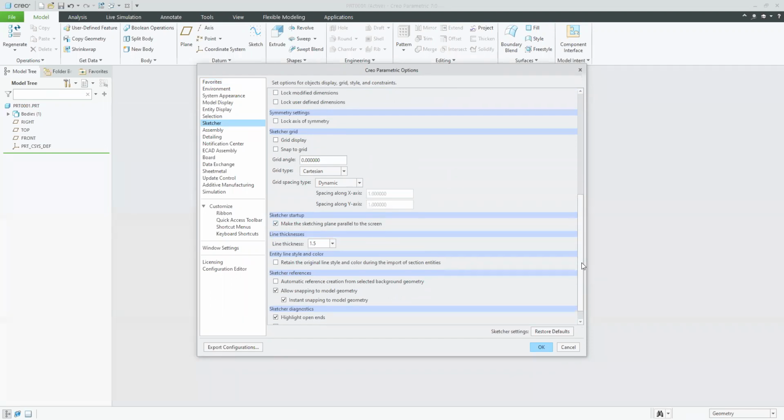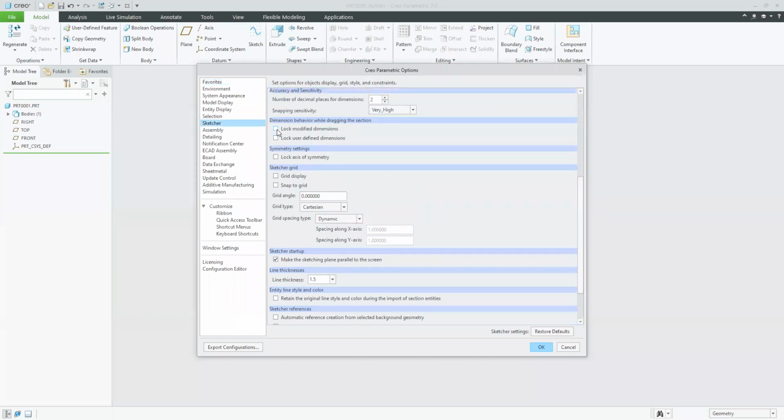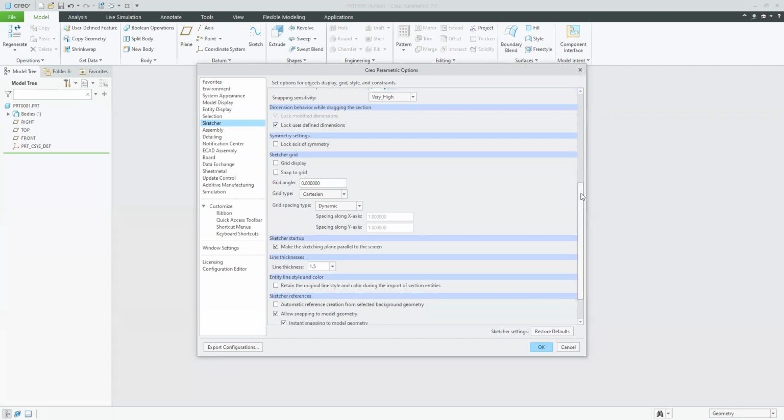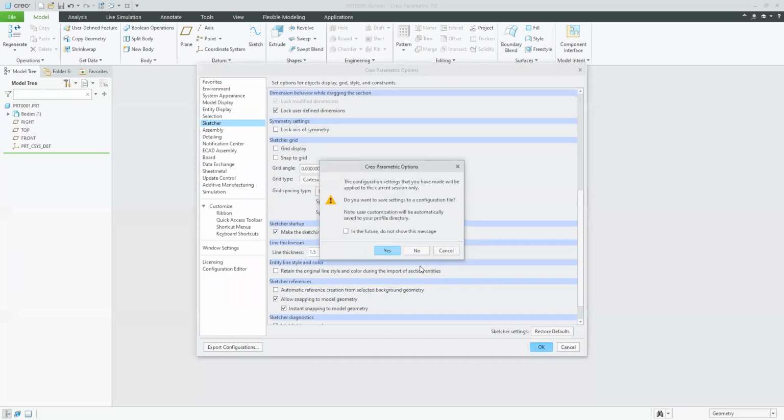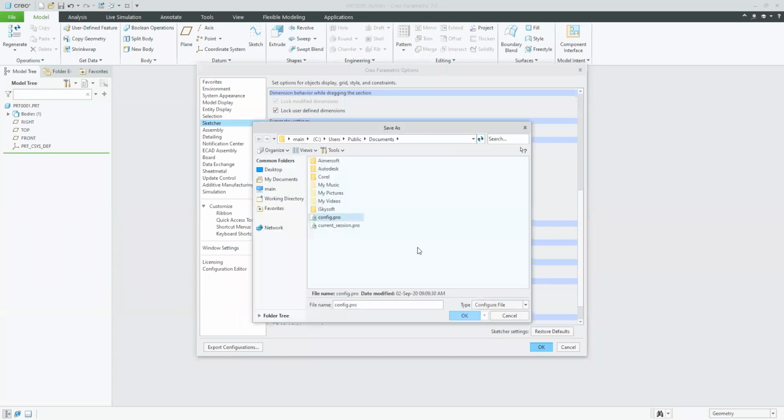And also we are going to activate these two buttons. You already know these two buttons, right? They are going to lock the dimensions that we give. So I checked these two buttons so that my dimensions will be locked. I manually need not lock it, and then I am checking this button, make the sketching plane parallel to the screen. Now because of this, just check what will happen. I am saving this config.